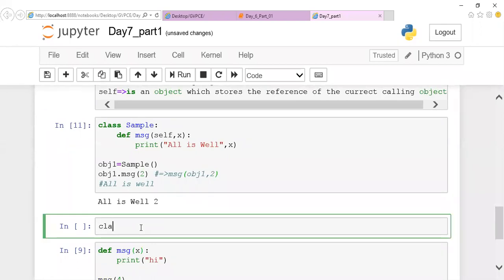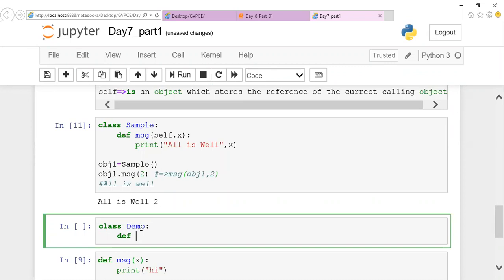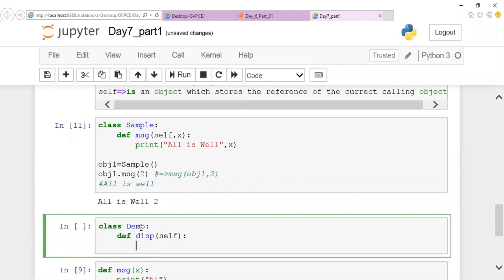I'll give you another example if it is confusing. Let the class name be demo. It is very simple. You can have a method called disp. Keep in mind that whenever you are going to invoke a method by using an object of a class, the first parameter should be self. You can have some message, hi.